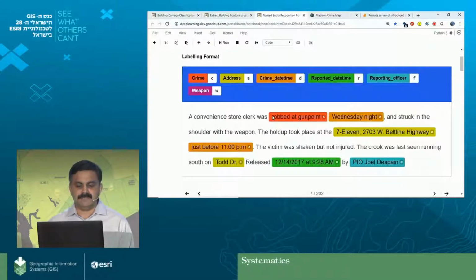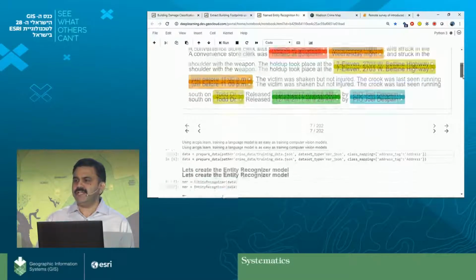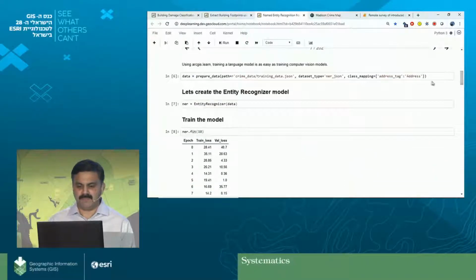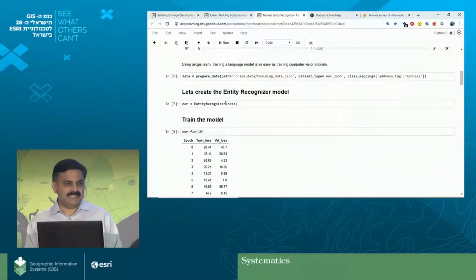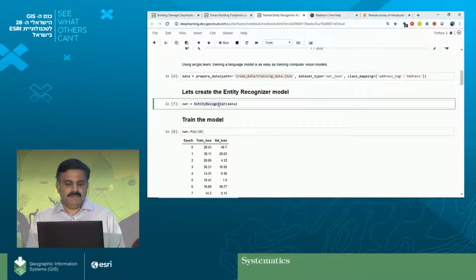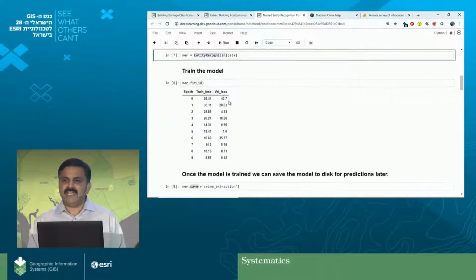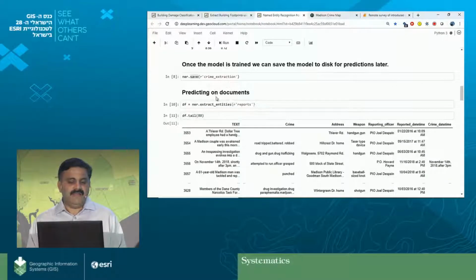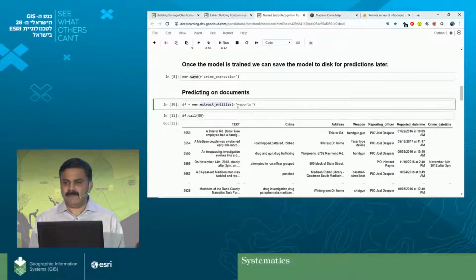150 out of those 3,000, we've marked the crime, when it occurred and where, all the addresses in the report, who reported it and when. And this serves as training data to train our natural language processing model. Using the Python API, it's as easy to train an NLP model, a natural language processing model, as it is to train computer vision models. We're just bringing in that data and training an entity recognizer model, fitting it to that data, and once we've trained that model, we can then apply it to an entire folder of such reports, the folder that we were just looking at,